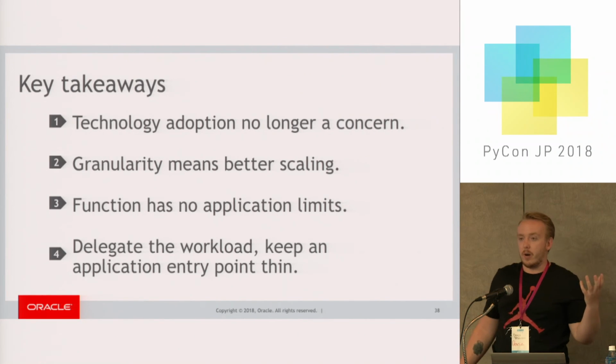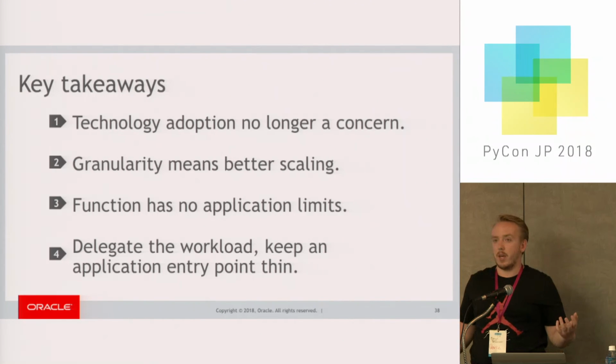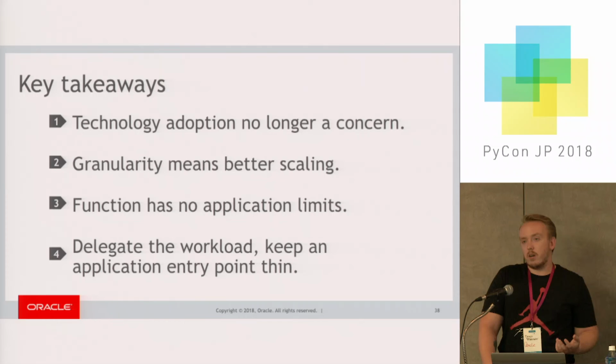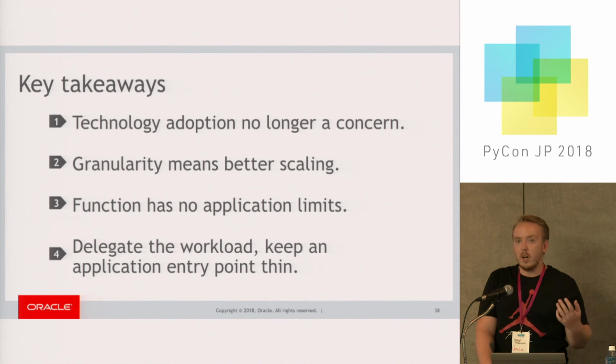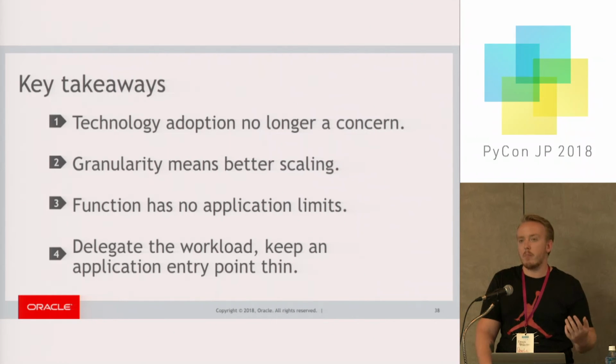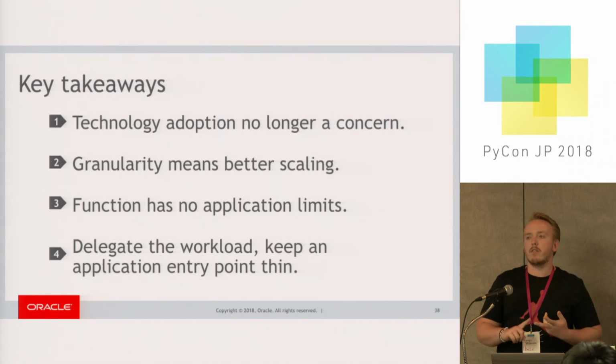The key takeaways here are pretty obvious. I tried to make it clear in the talk. Technology adoption is not a concern any longer because we're developers. We care about developers' experience and user experience as well. This is why we're trying to develop an open source platform that you can use right away, with a pretty good user experience, and you should not be afraid of adopting it. It would be a future of our development, where DevOps would just go away, and all responsibility will lie on developers' shoulders, because we need to develop code, cover it with tests, and